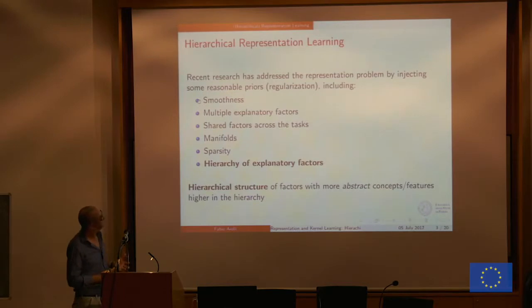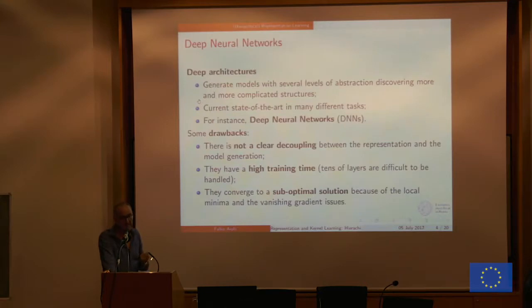Or you can look at multiple explanatory factors, or find a manifold in your data, or look for sparse solutions instead of non-sparse ones, or look for some hierarchy in your explanatory factors. This is exactly what deep architectures are trying to do. Okay,